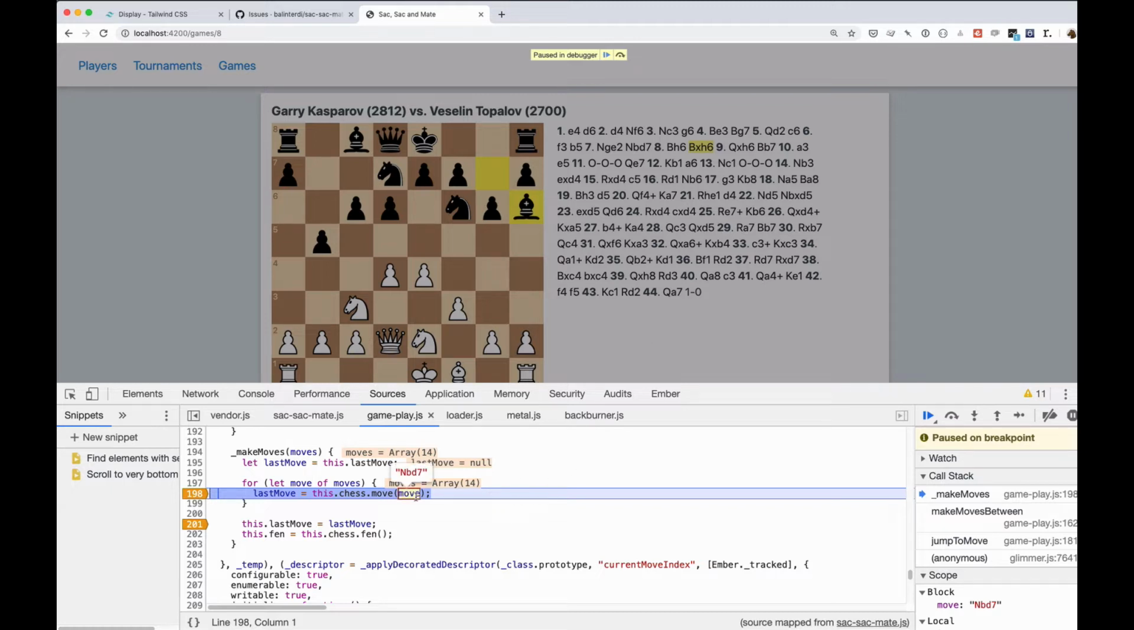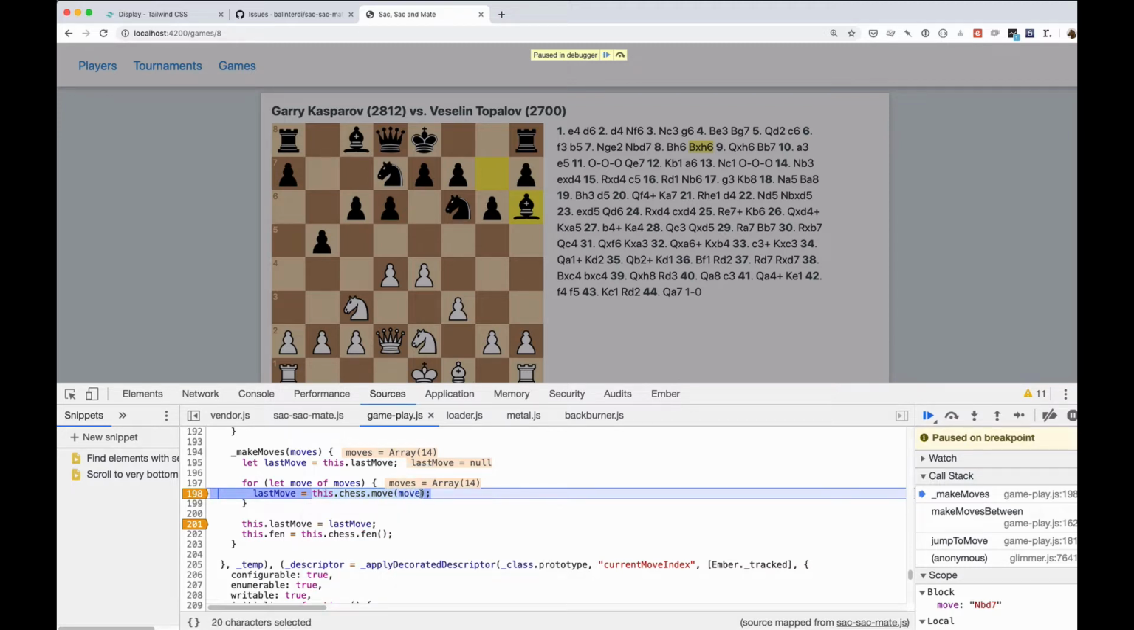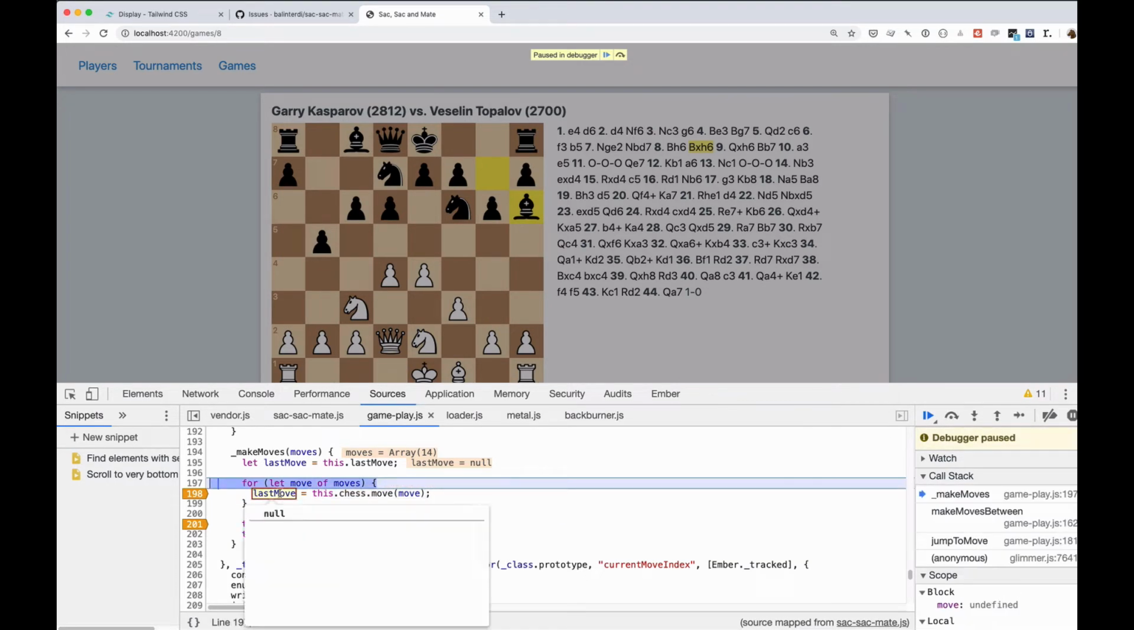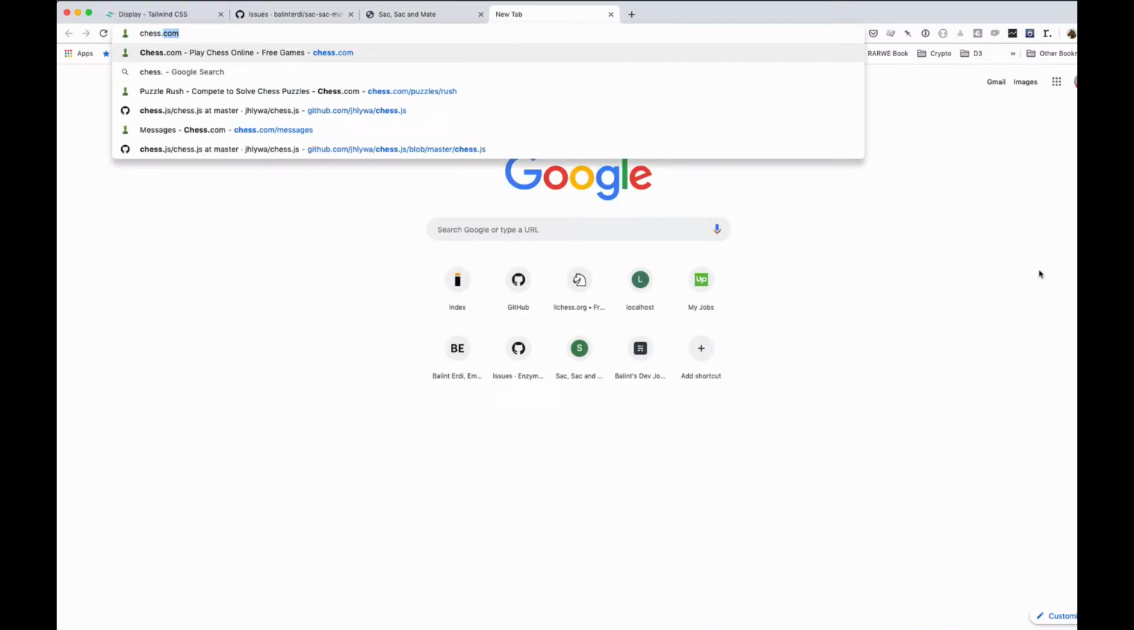Then things are different. Well, I guess things will be different. So knight B D7. Actually, no, let's go over, and the last move is null. Okay, so that's really interesting. Why does it make this move? I mean, why does it return null? So I guess the next thing to check is